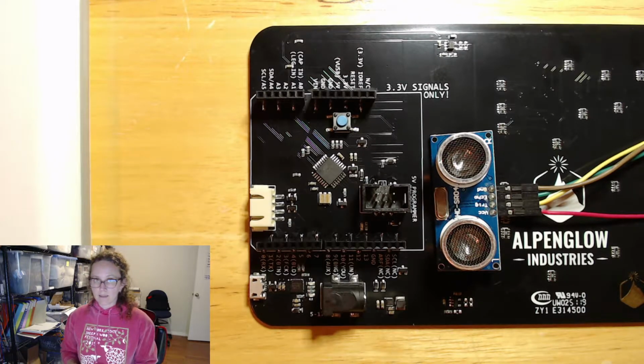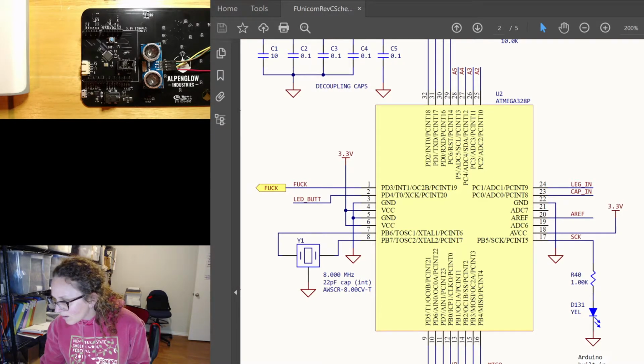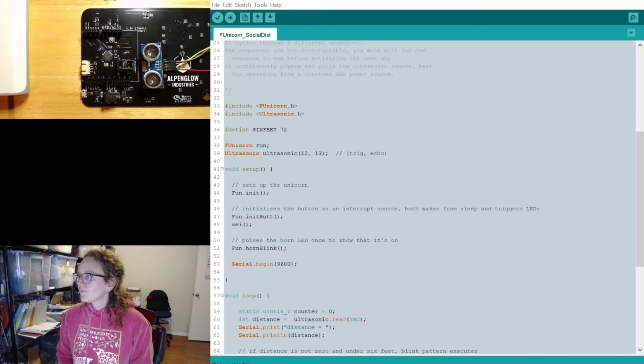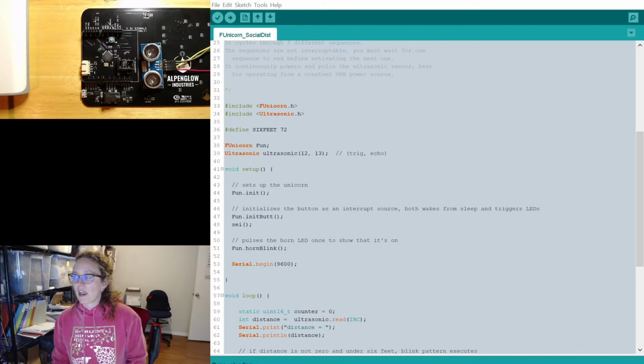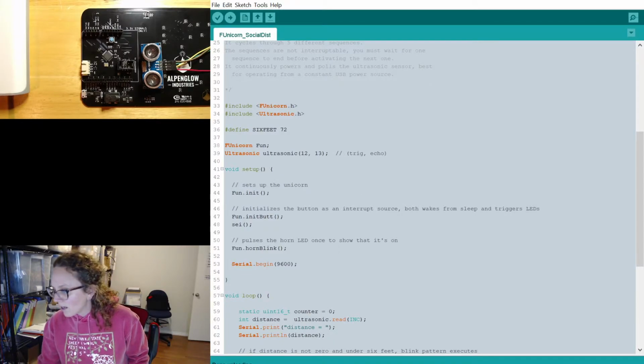So it just so happens that the example code for the ultrasonic sensor has you setting trigger and echo up on pins 12 and 13. So right here. This is kind of cool because they happen to be unused on the FUnicorn, yay. And 13, which is our echo, which is our 5 volt signal that we have to get to 3.3 volts, also is shared with S-clock. So S-clock is an SPI line, and